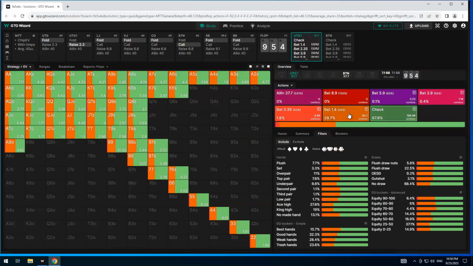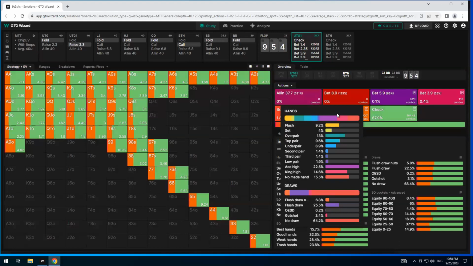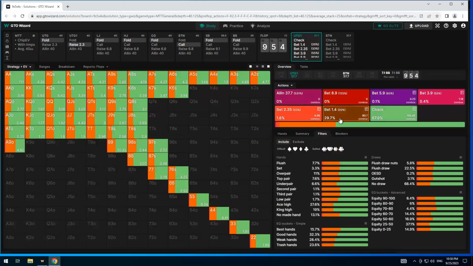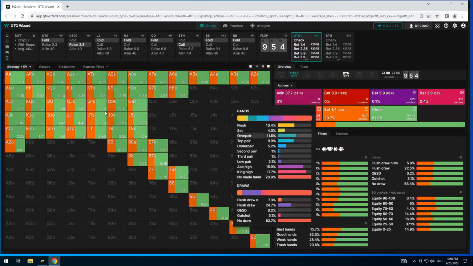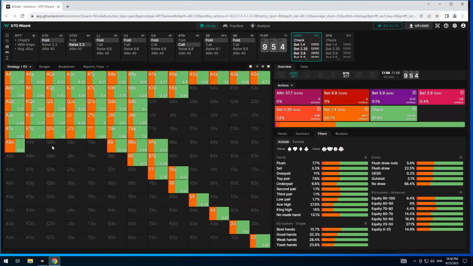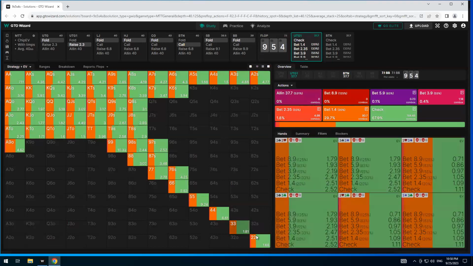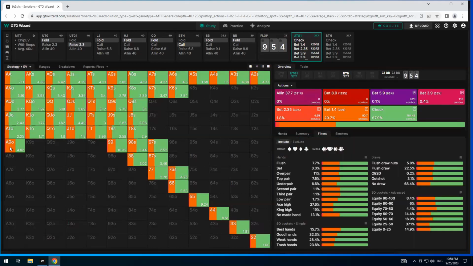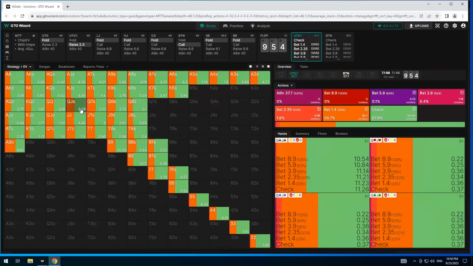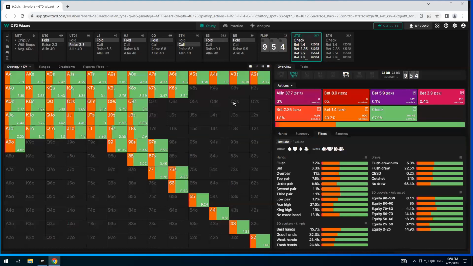Yeah, I'm surprised there's this much betting. Me too. I'm not checking or I'm not betting this frequently on this board. Well, what of our range do we bet 1.4? A bit of everything. Right, there's no combo that doesn't bet 1.4 here. Exactly. So with his range, he may choose to play back at us,